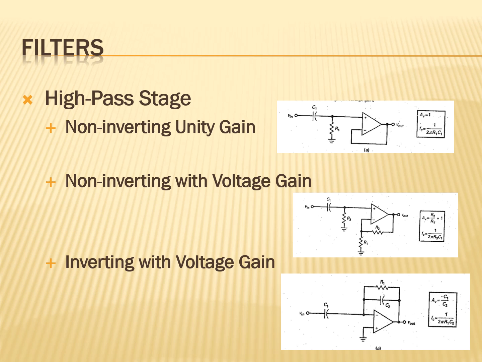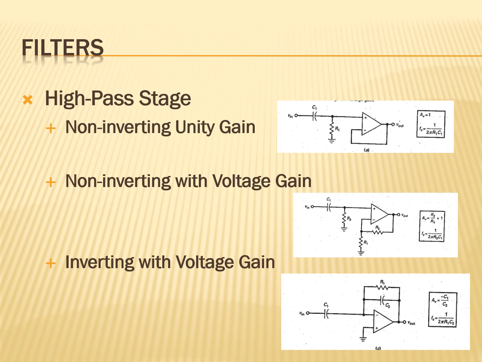Okay, so if we need no gain, we use this circuit. With an op-amp, if we need a non-inverting gain, we need this. And if we need an inverting voltage gain, we need this value here. Okay, so this is now your high-pass filter designs for active filters. These are all single stages, because your capacitor here doesn't count, so this is our first pole.